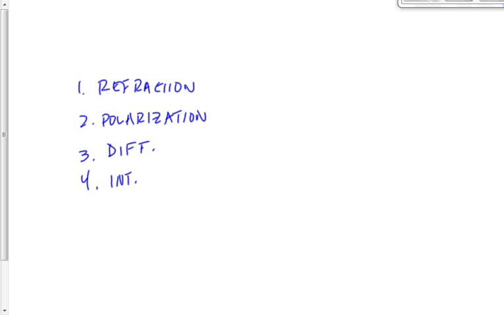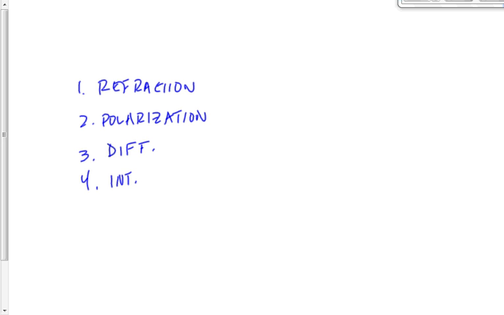But now, as of 110 years ago, we also think it's a particle. So we're kind of being fence sitters now. It's a wave. It's a particle. Which is it? It's both. Let's say it's got a wave nature and a particle nature.